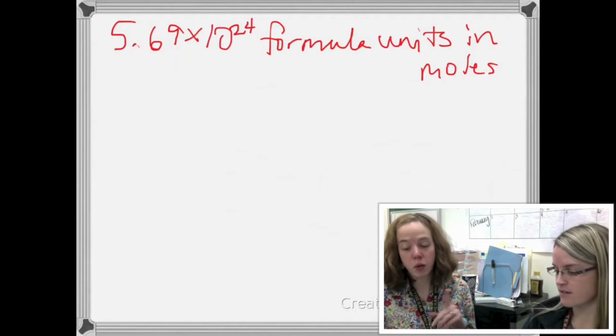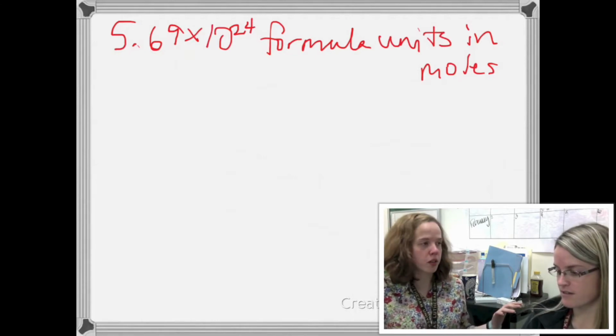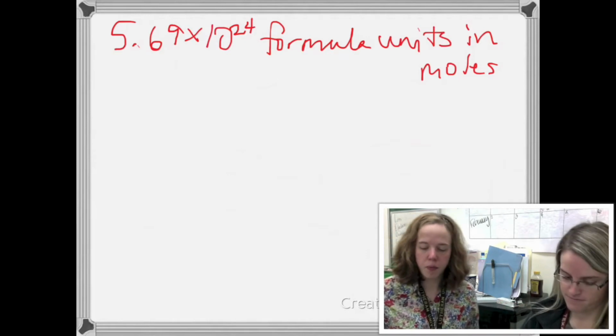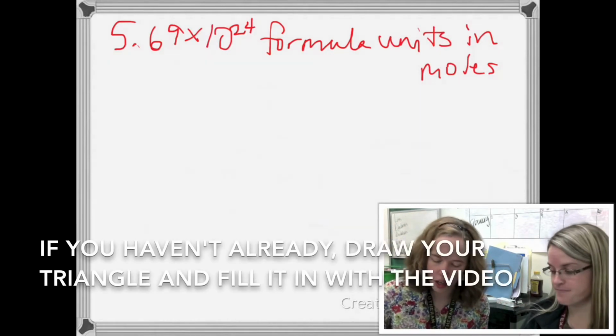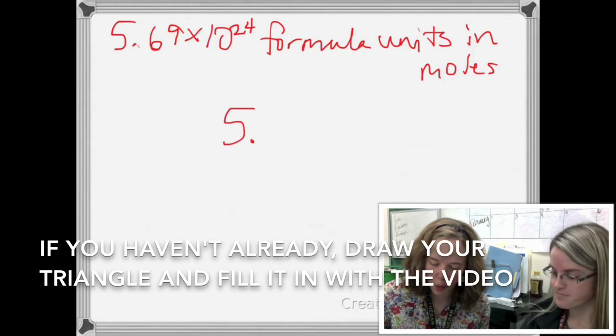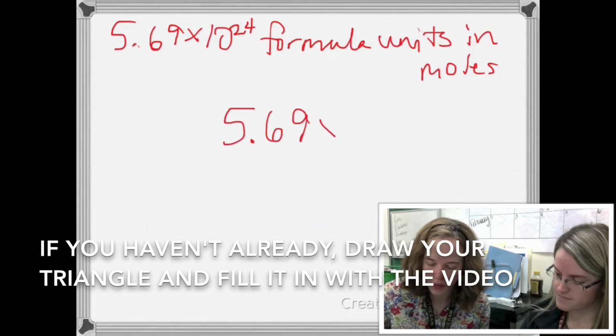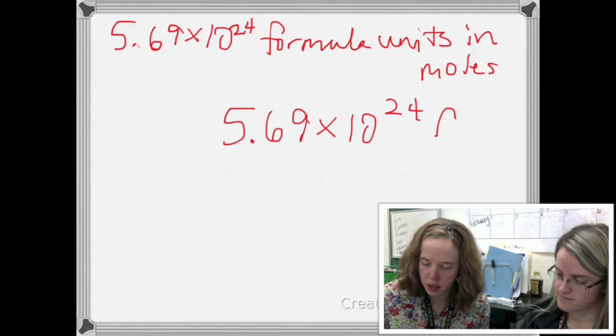Part. Yeah, okay, we have formula units. So we have parts, and where did parts go in our triangle? On the very top. On the very top. So let's put our 5.69 times 10 to the 24 formula units